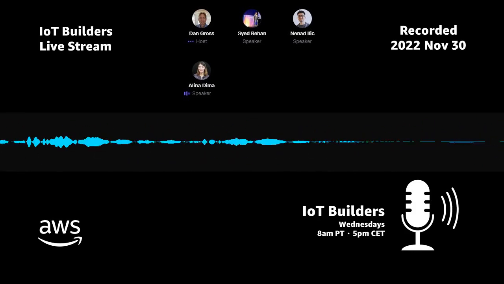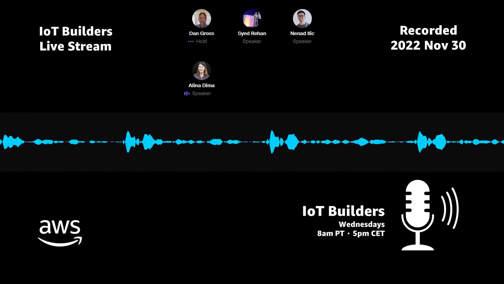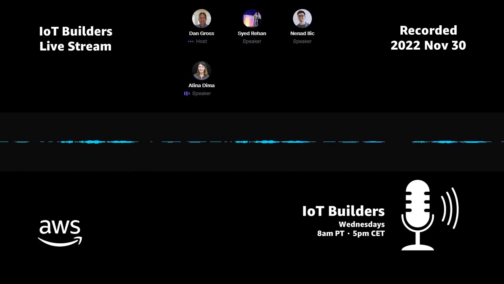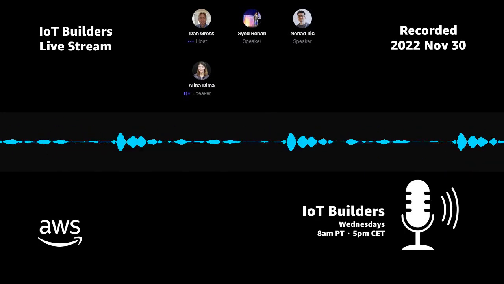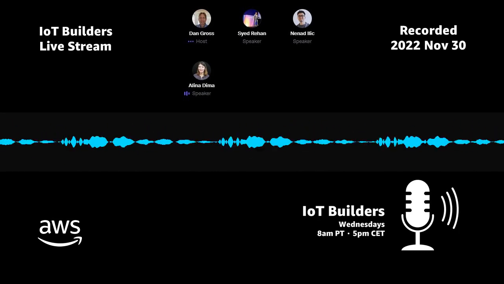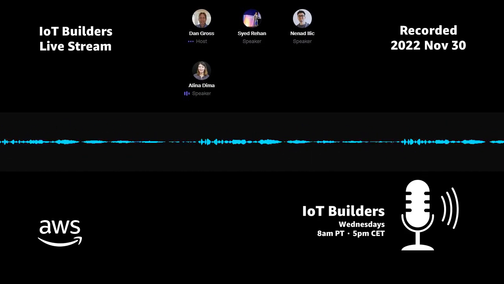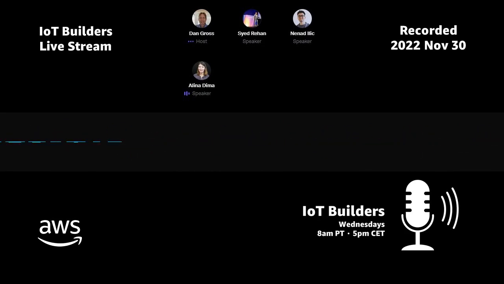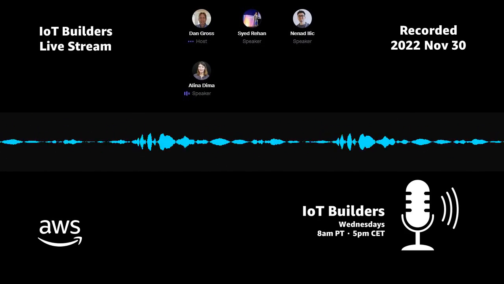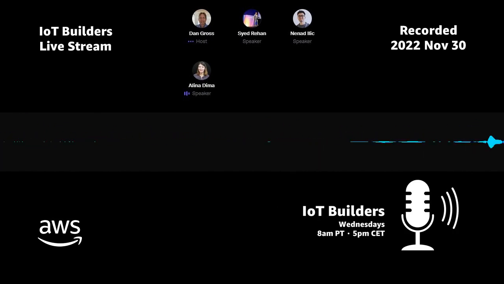Cool. Yeah, lots of new features. And also, just some interesting dev chats too at our AWS community developer lounge. I saw a dev chat yesterday from Ed Miller, our first guest on IoT Builders many weeks ago, and he gave a dev chat on the Bear ID project and some of the technical details that he shared about how he built some of the AI that's behind recognizing bears for the Bear ID project.